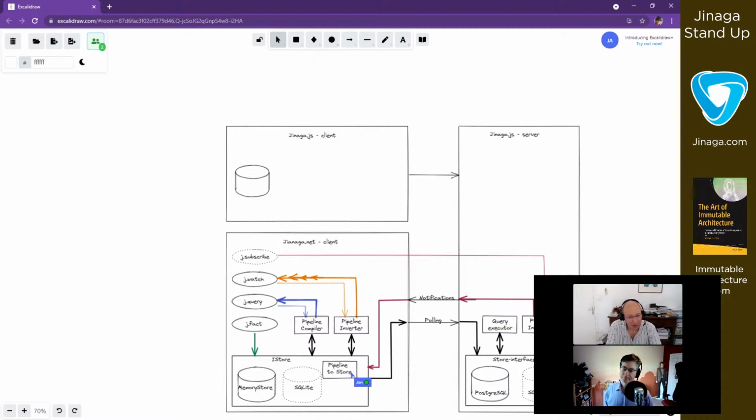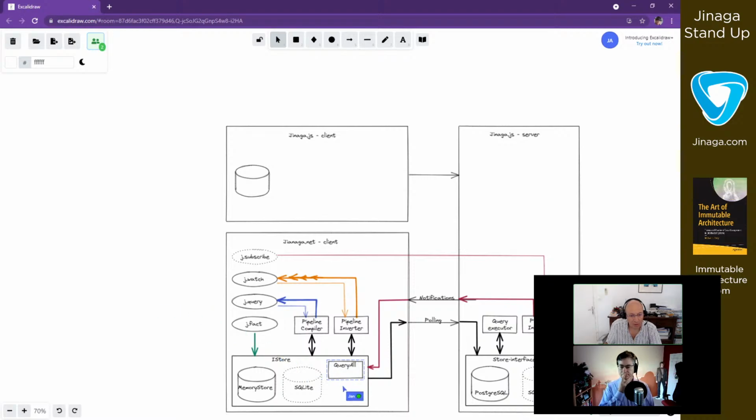If you want to just use the name query all, that is the method that gets invoked. Whether it's memory store and it actually executes the query, or SQLite and it converts it to SQL, that's happening in query all.